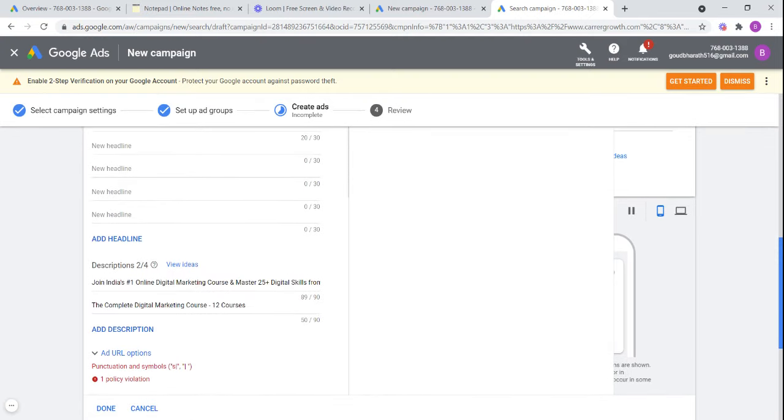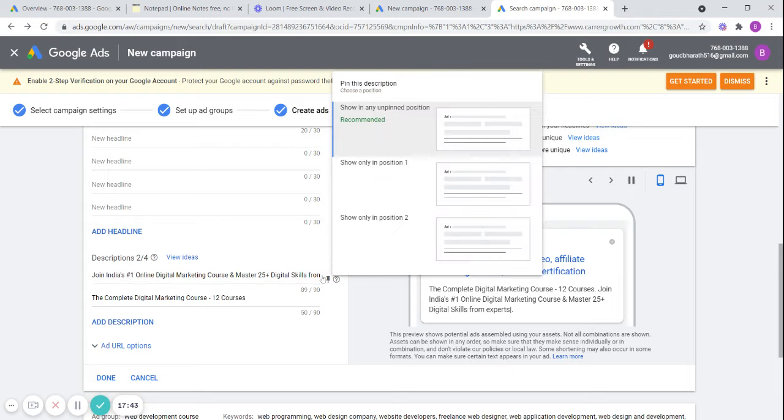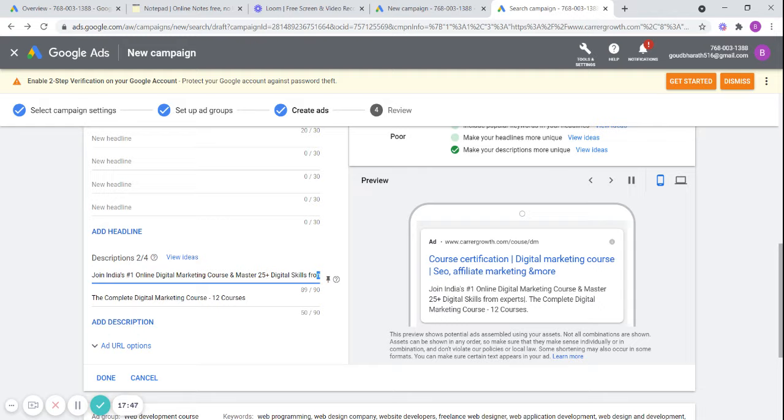Punctuation marks. So here, this is a problem. I think what we did was we added this exclamation mark. So let me show you what is the issue that we are facing.